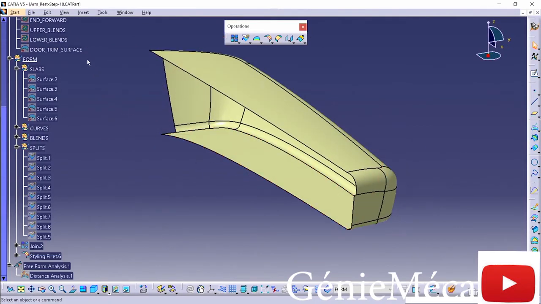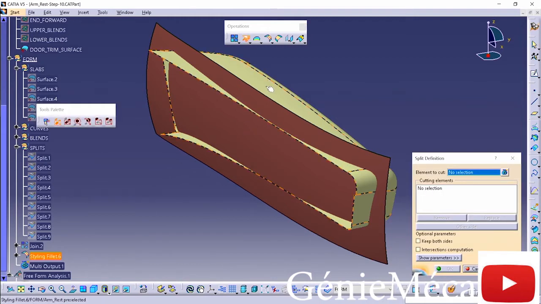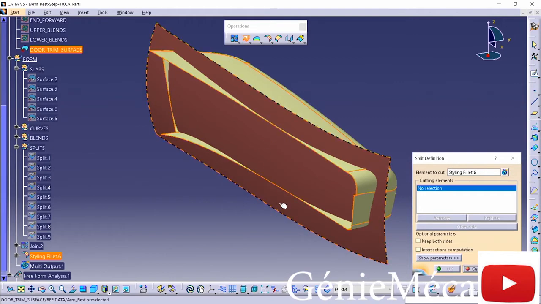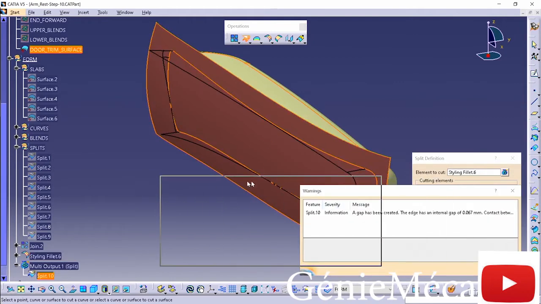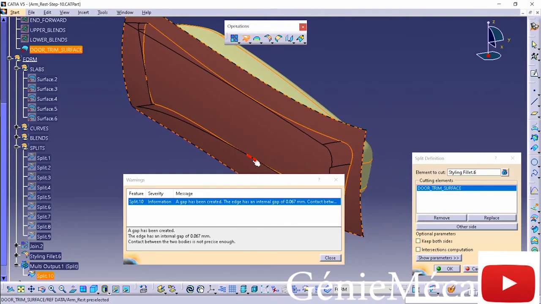Next thing I want to do is show this trim surface. This is my door trim surface. This is going to come from somebody. This is the interface that the armrest is going to rest on, and oftentimes you have to trim everything up back to that interface. For that, I'm going to do a split on this final element to this surface. Now you can see I get this little gap. This little gap is indicating that I have a very small area that didn't quite make it out to this surface. Normally I would OK and then do the edit, but just to show you how I can get rid of that gap,